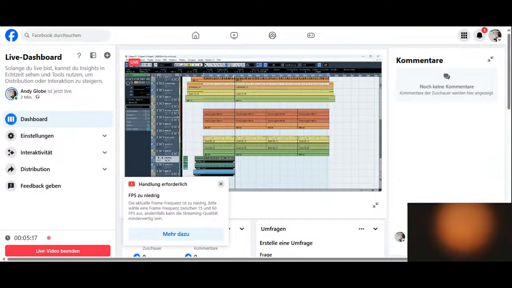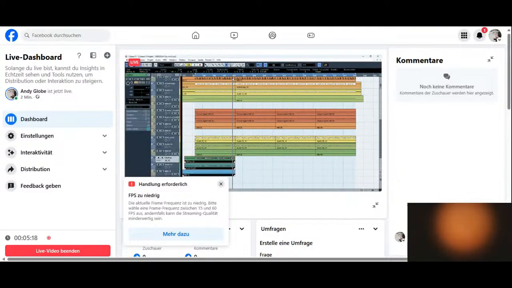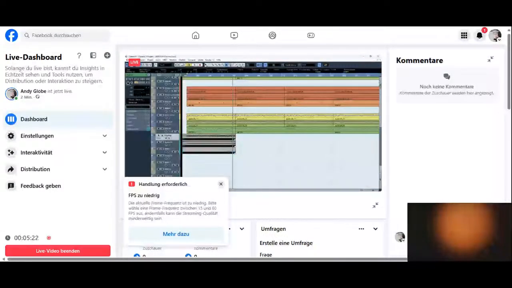Before we can arrange the song, yeah, sounds great. I put some more drums to it. That will be in the next steps.